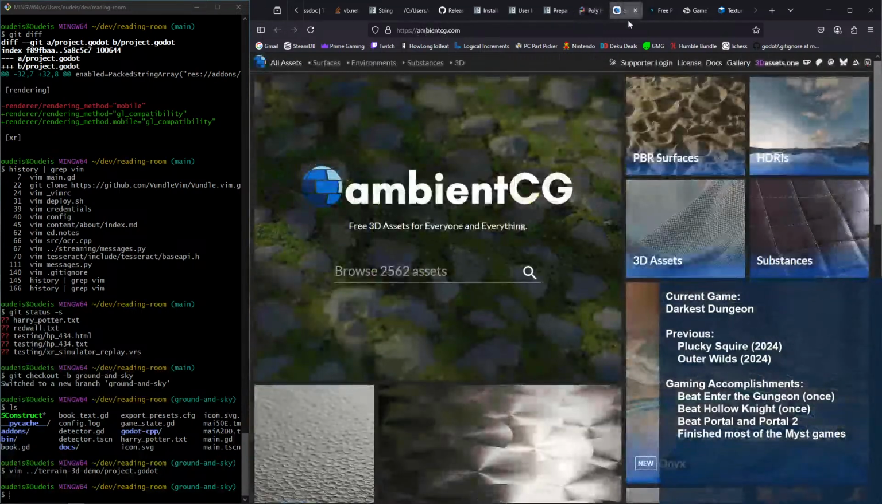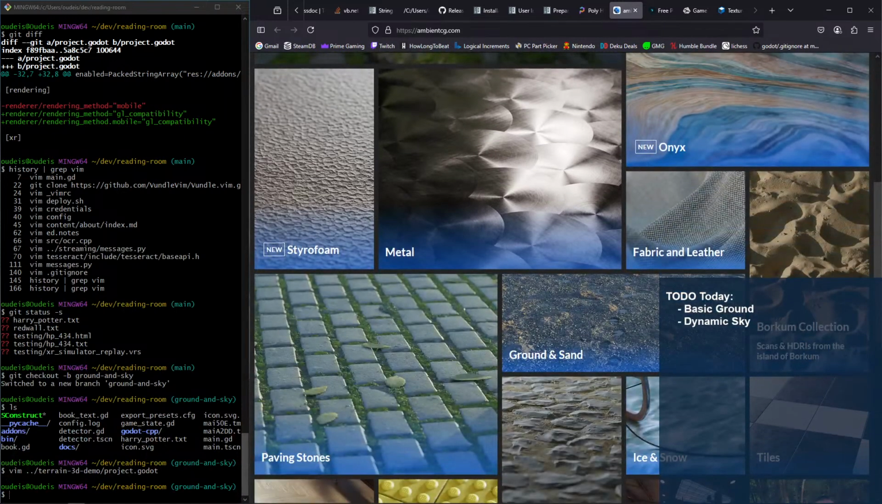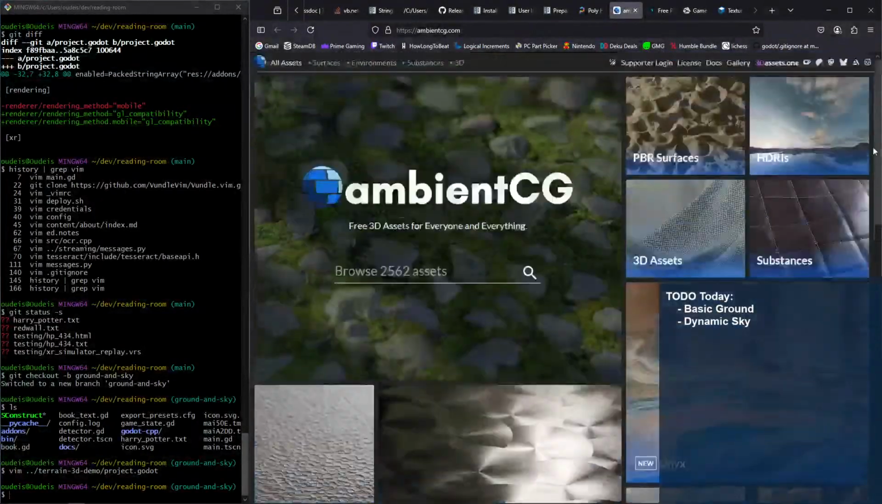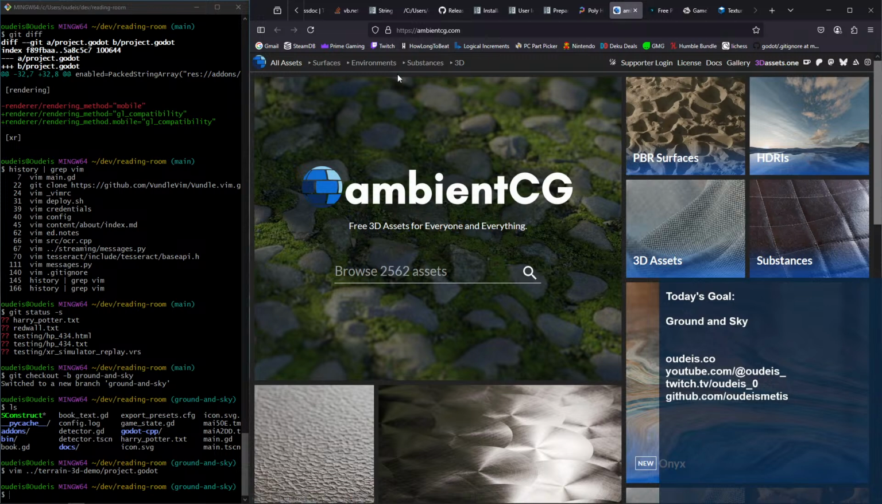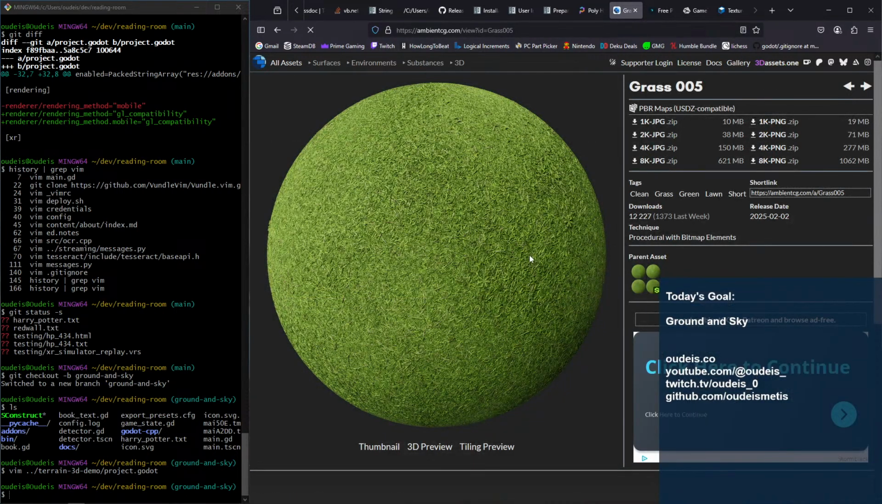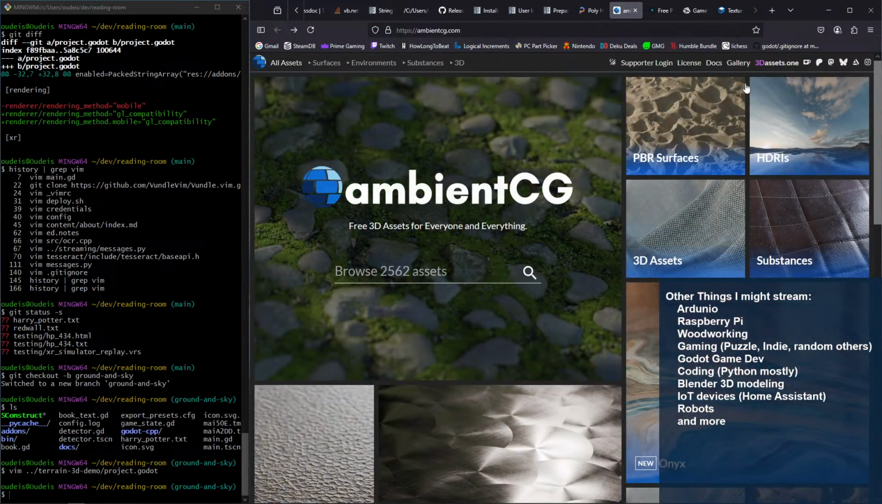Hey, this looks a lot like Polyhaven. You guys have to hire the same web dev. Free 3D assets for everyone. Okay. What about you? So